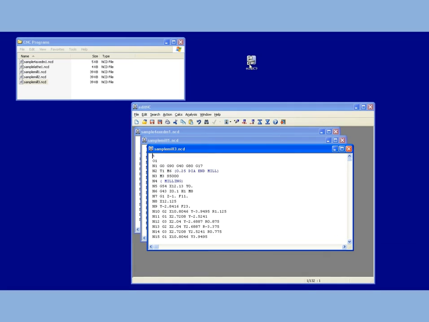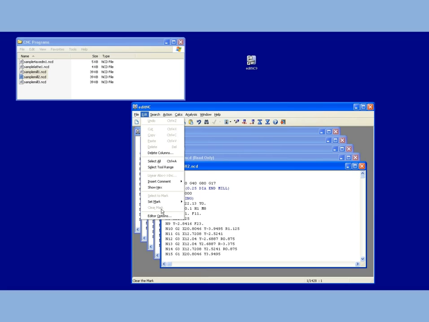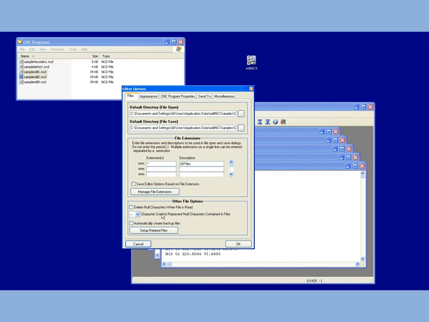If we drag a file to the icon, then instead of starting a new editor, it'll just open the file within the editor. If I select two files by holding the Shift key down, drag them over, then they will both start within the editor. You can control this option with the Options menu,